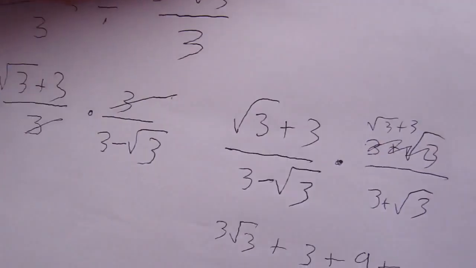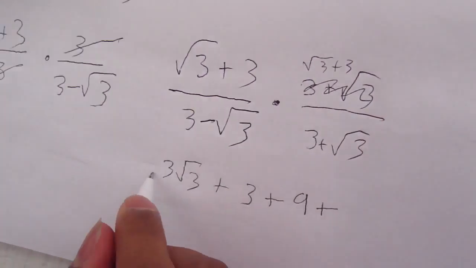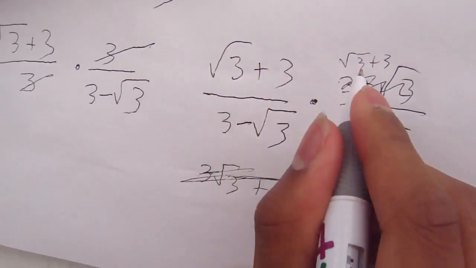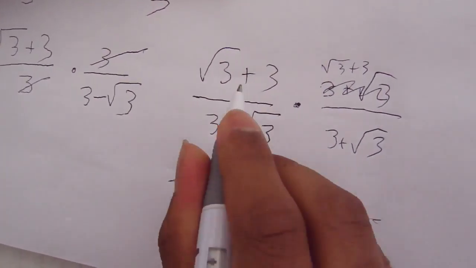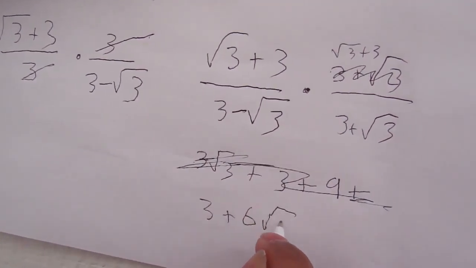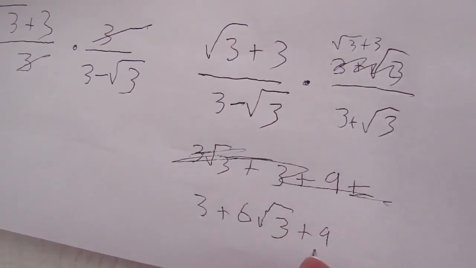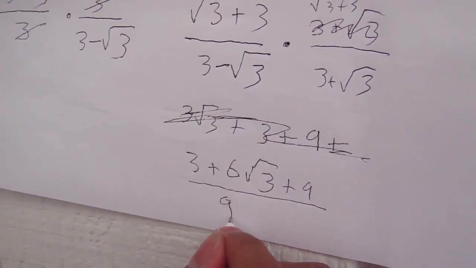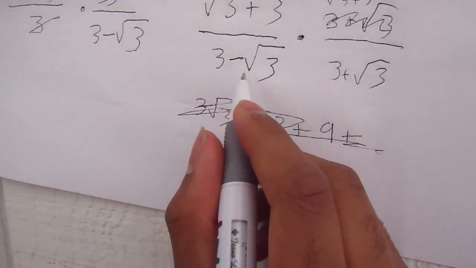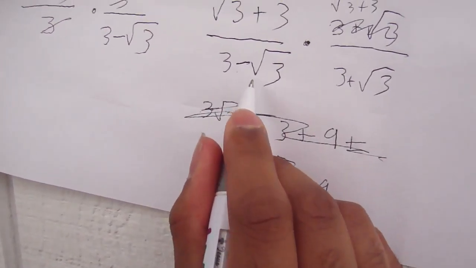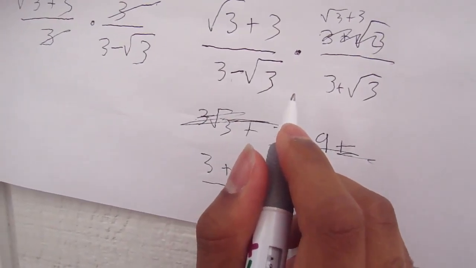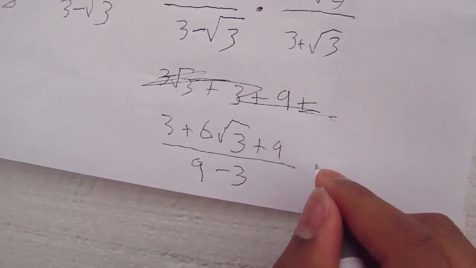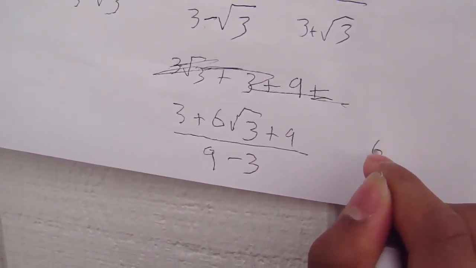Okay, so now what would it be? Yes, cross that out. And so it would be 3 plus 6 rad 3, 6 rad 3 plus 9, over 9, minus 3 plus square root of 3 minus 3 square root of 3 would cancel out. So now it would only be minus 3. And so it is equal to